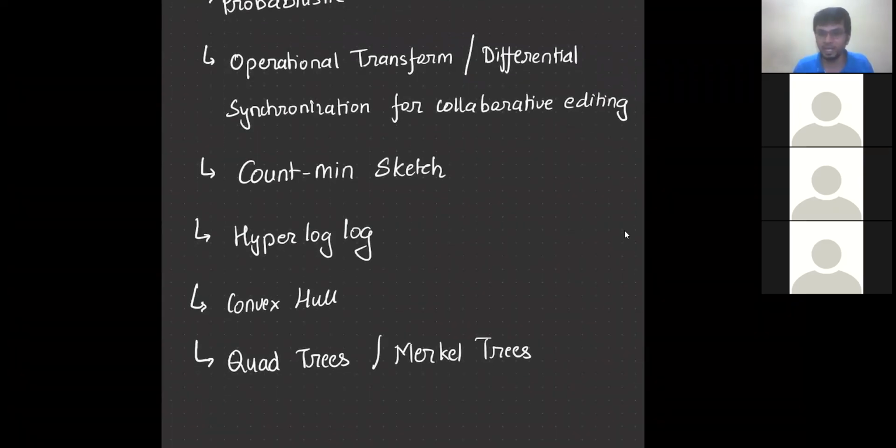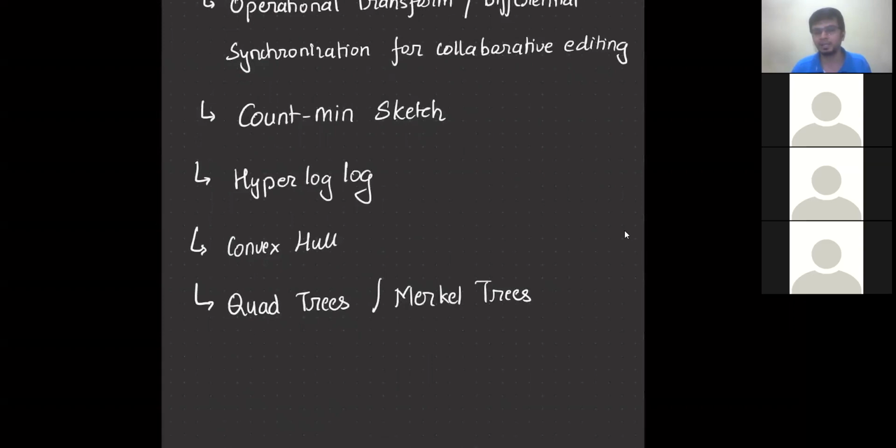Convex hull, a very simple algorithm, but very effective. Find that. So basically convex hull says that, given a bunch of points, what's the outermost boundary of this thing? So it tries to create a convex polygon which encloses all the points. That's what a convex hull does. A very simple but very effective algorithm.